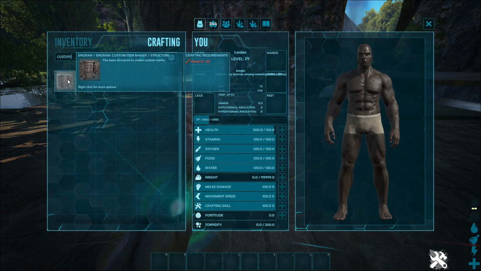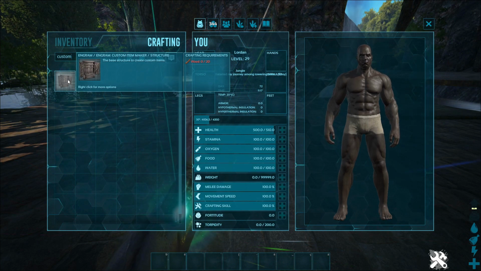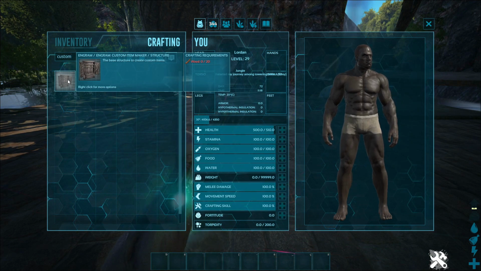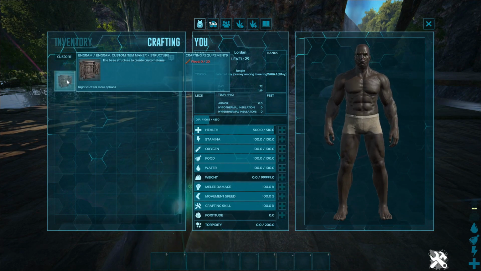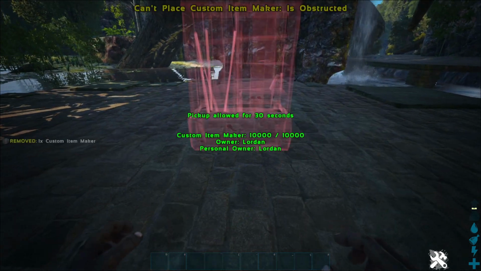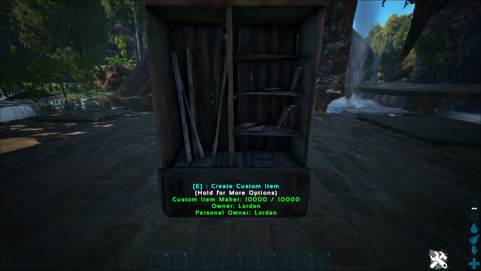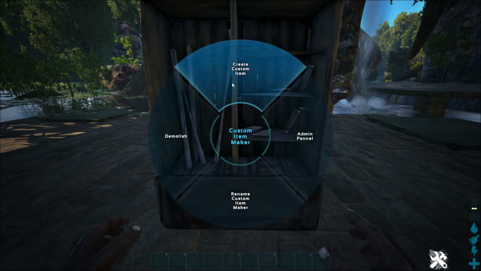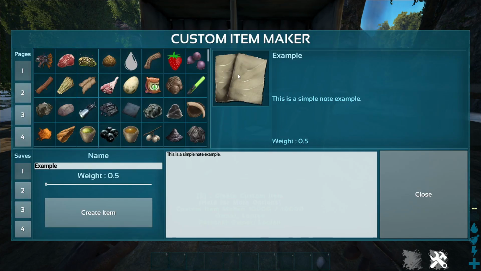It has an engram, so people that own the server can allow the engram or remove it or change the cost. They can do anything about this. And it gives a structure. After placing the structure, you're gonna need to create custom item, and then you have everything to make